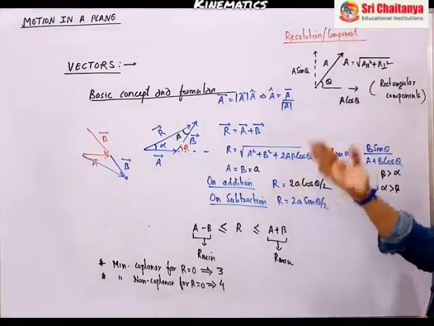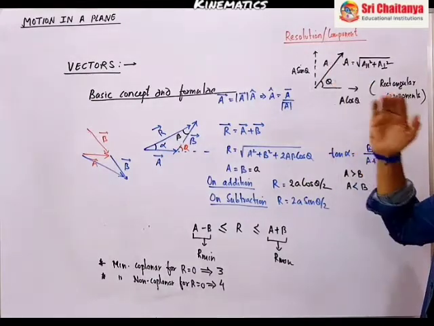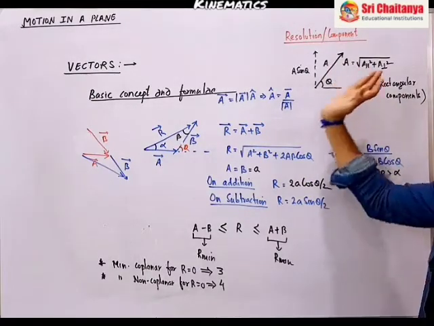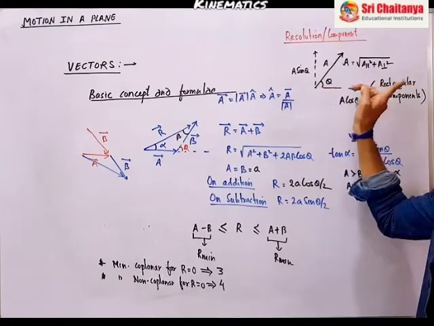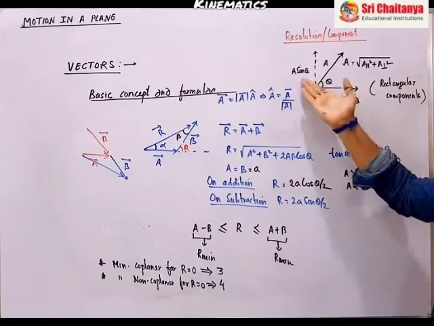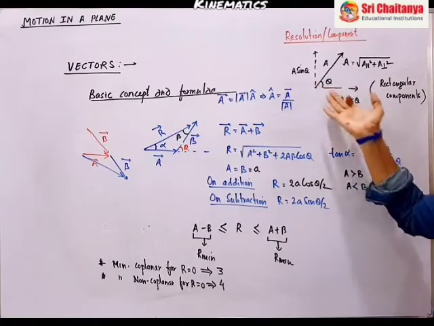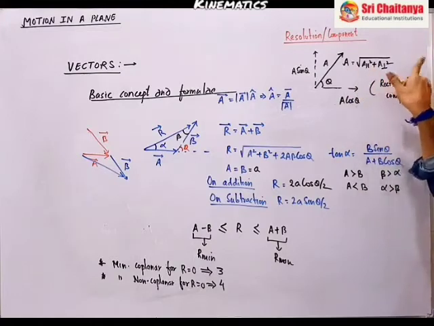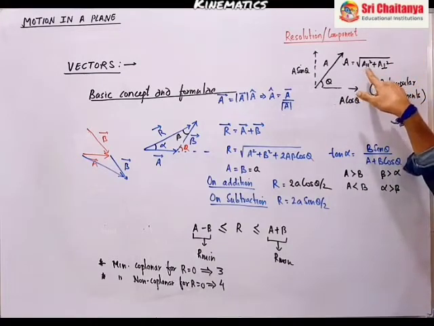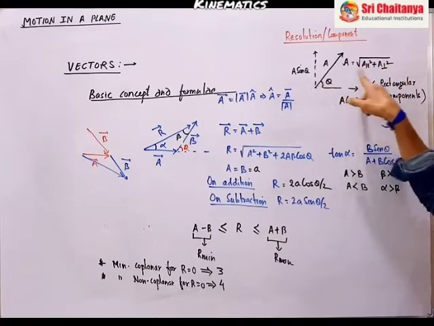You have done so many things. For a vector A at angle theta, two components will come: A cos theta and A sin theta. A sin theta is the perpendicular component, A cos theta is the parallel component. Since these components are perpendicular, they are known as rectangular components. So the magnitude of a vector you can always write as A equals under root of parallel square